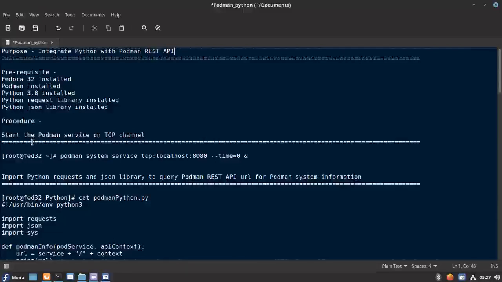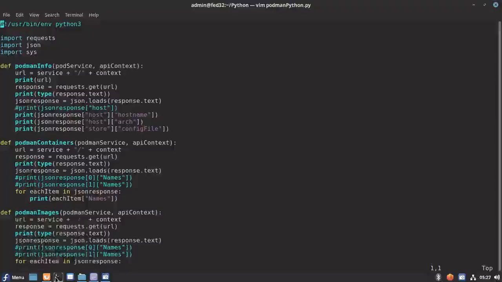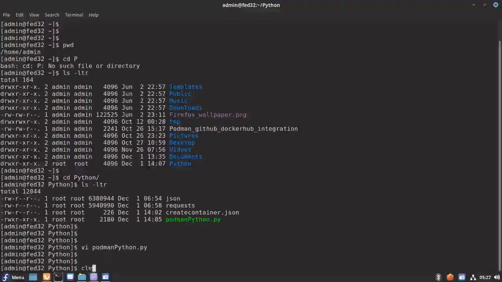The first and foremost thing we need to do in order to interact with our API services is to start the service on the TCP channel. So let me start my service: podman system service on a TCP channel on port 8080.